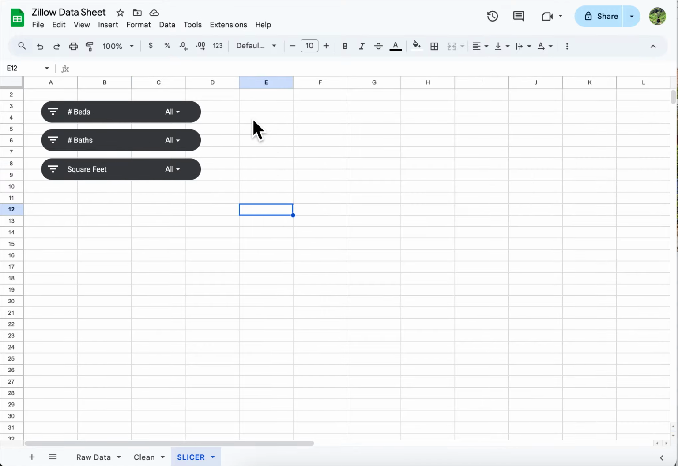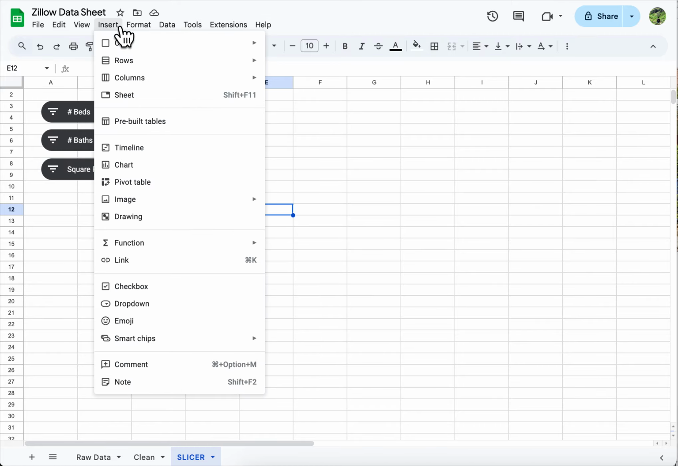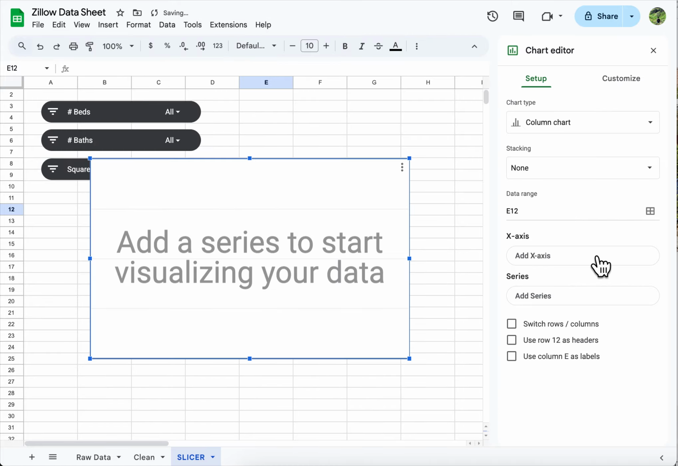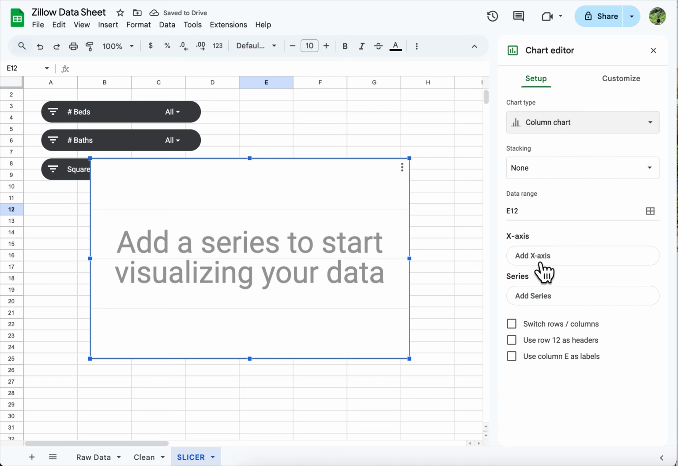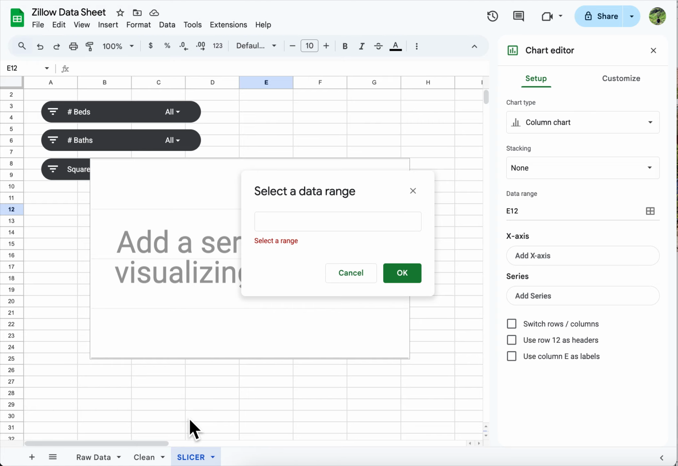So from here we can make a graph. Let's insert a chart. I'm going to make a column chart. For my X, I'm going to use the city, and for the series, we'll look at the price. But as you can see, there's no data here, so when we click on that, we got to go back to our tab that says clean